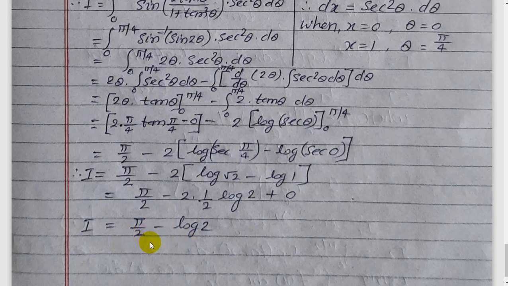So I equal to pi upon 2 minus log 2 has two more different forms. Which two more different forms? Pi minus 2 log 2 entire upon 4, or pi minus log 4 entire upon 2, or half into bracket pi minus 2 log 2, half into bracket pi minus log 4, etc. So you can write your answer in different forms by using cross multiplication or according to your given option in the competitive exams.